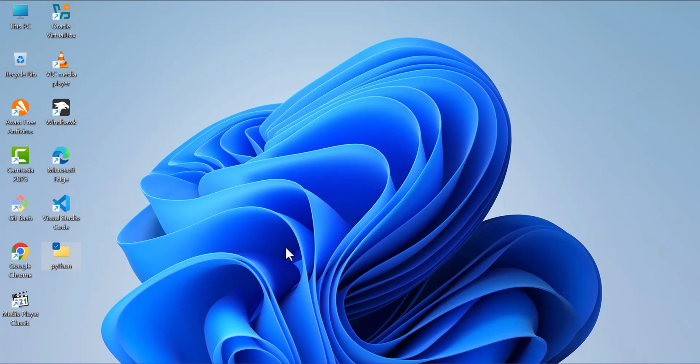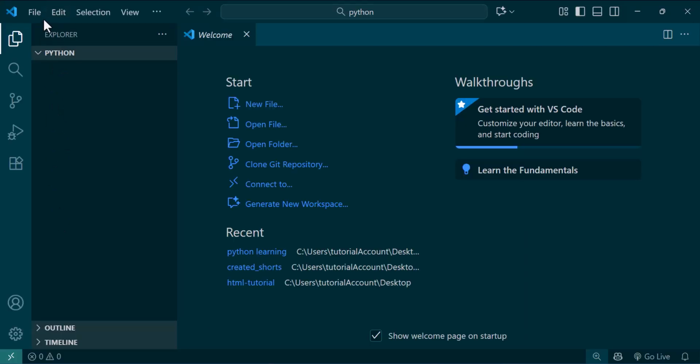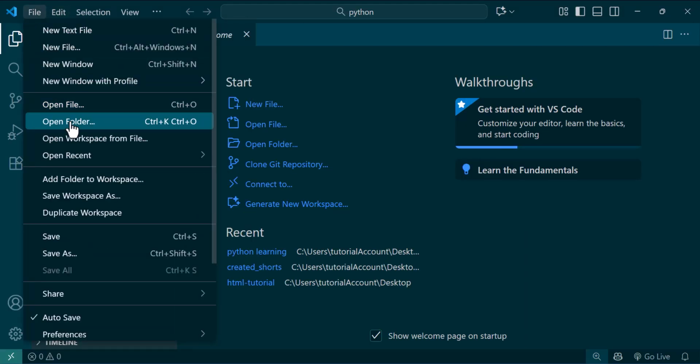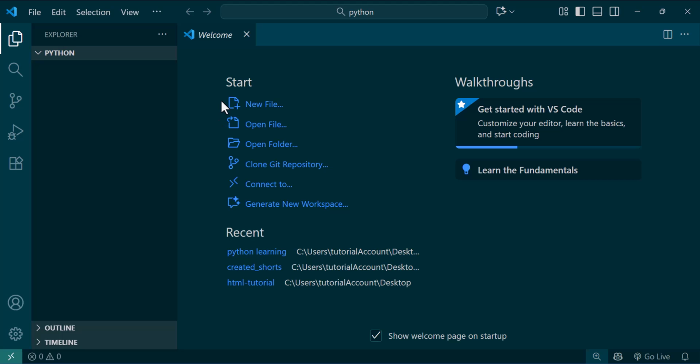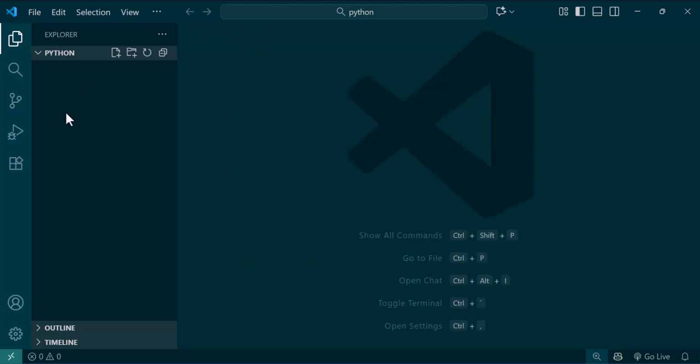And then after naming it Python, I want to open it in Visual Studio Code. So there are many ways I can do that. I can open Visual Studio Code, I can head over to File, and then Open Folder, and then I'm going to go to Desktop, and you can see the folder we created. We have Python folder here, and then I select the folder,